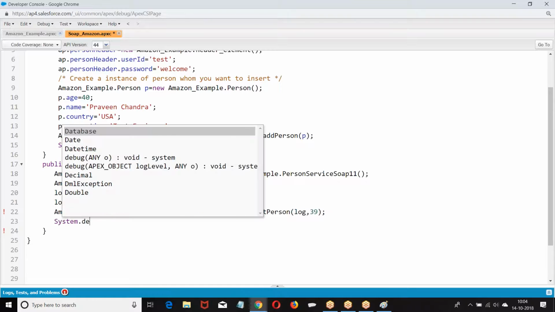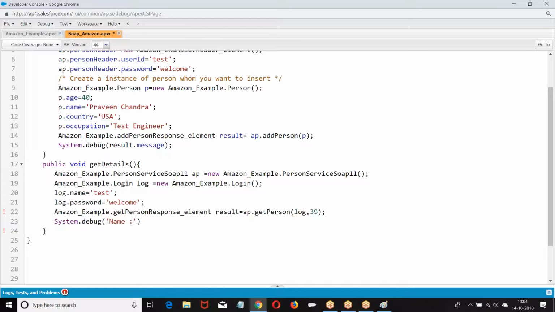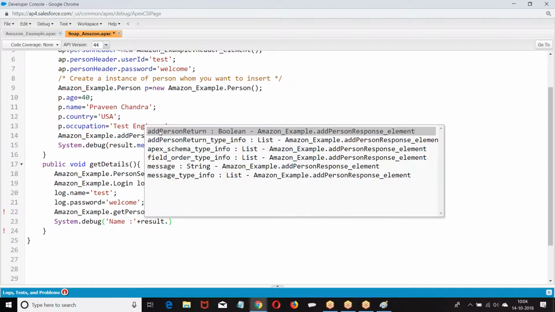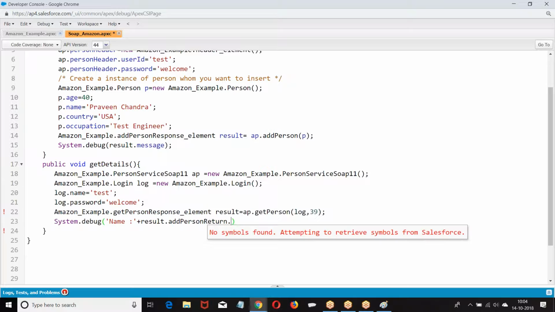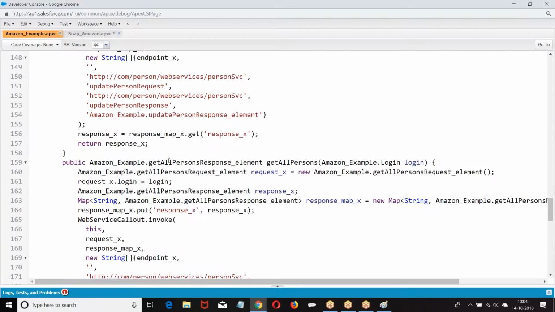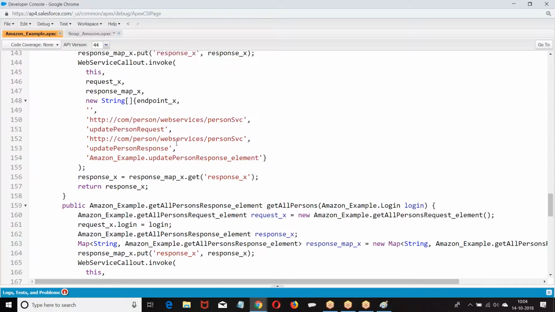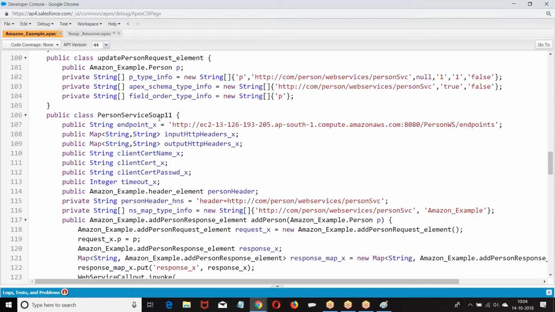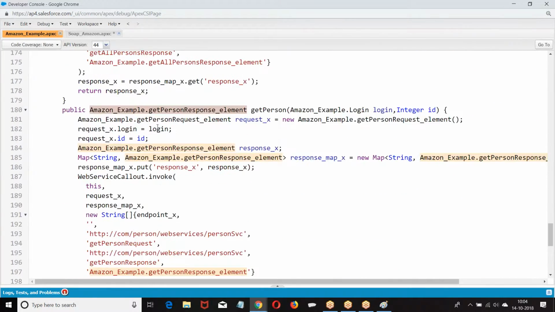Then system.debug. Result dot. What do they have? Now they are giving what? Add person response element. Go to add person response element. What type of response they are giving?